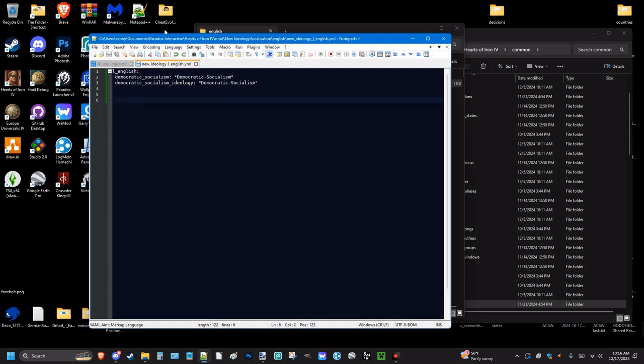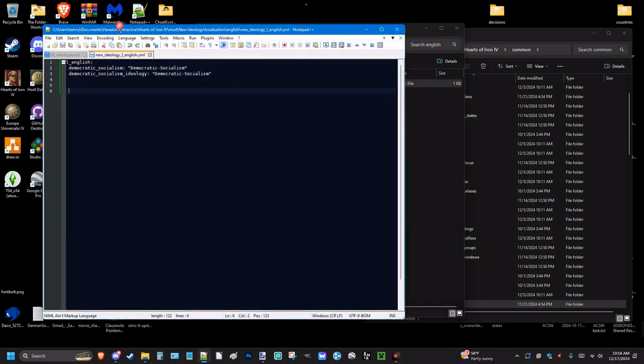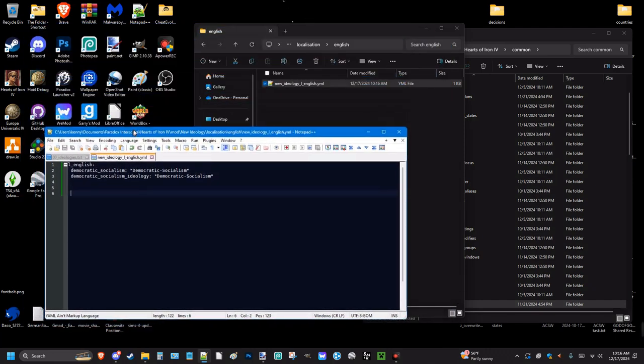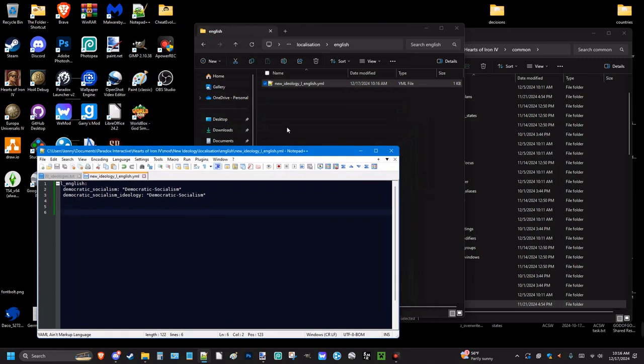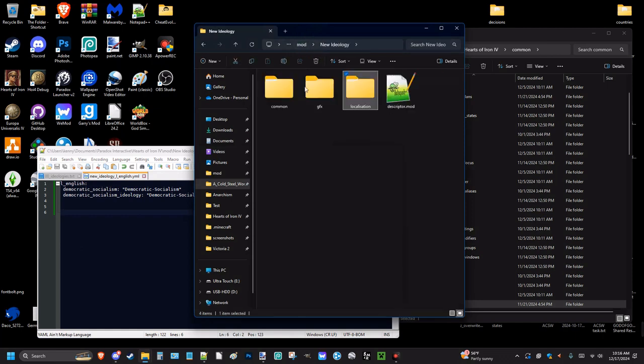Now, how would you test said ideology? Well, the answer actually lies in how you'll be able to access it. Because when you really think about it, there's 4 main ideologies, and it might actually be difficult to see the fifth one. Why? Because it's the GUI of the game. So what I would recommend